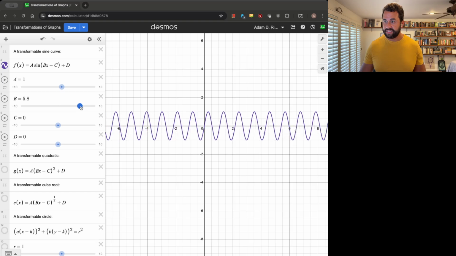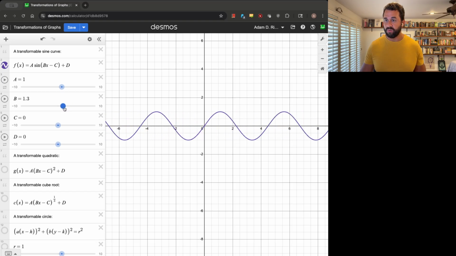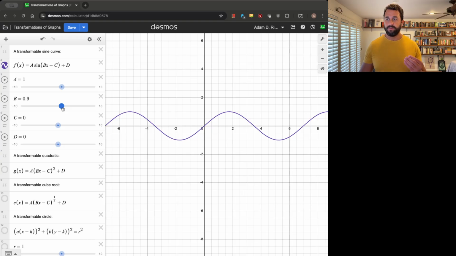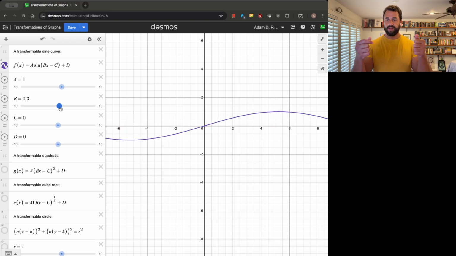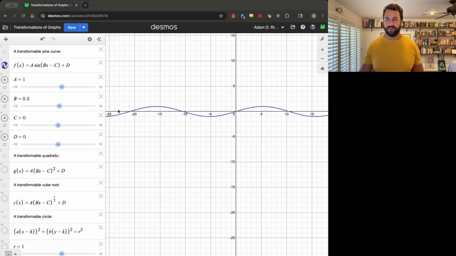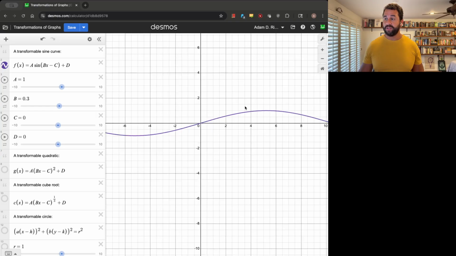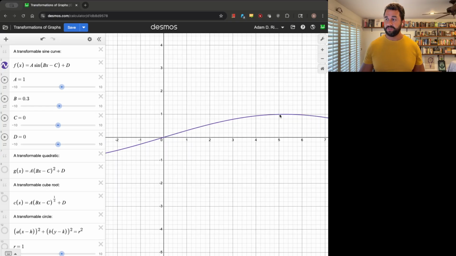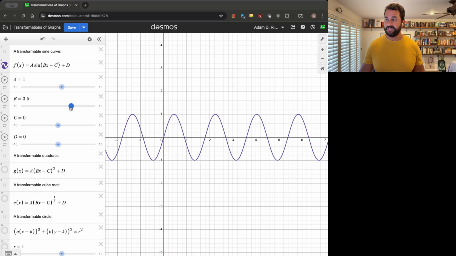Now, let's take B, set it back to 1. There's our standard graph. Now look what happens if I lower B. If the size of B is between 0 and 1, I get a stretch. Now it's going much slower, getting stretched. Vertically, there's been no change. It might seem like there is, but there's no change. This is still 1. Down here is still -1. So as B changes, that's not changing the height at all,